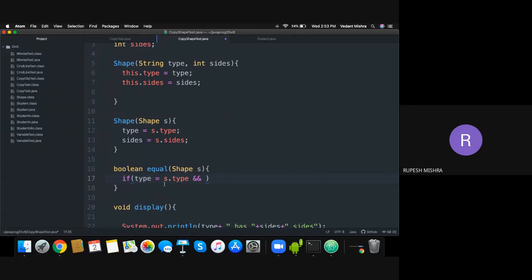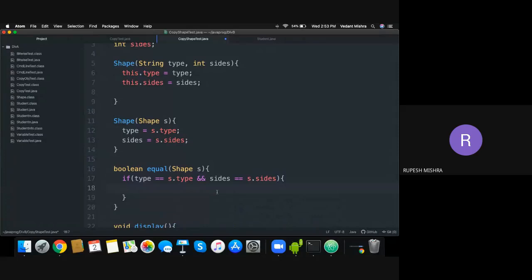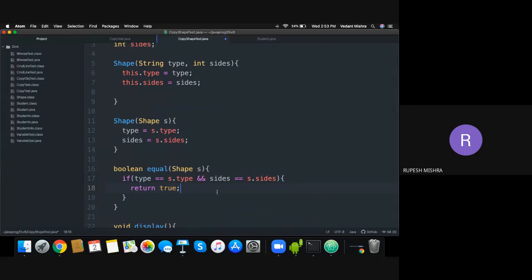We are not assigning, we are equating. And we also check the sides: sides equals s dot side. If both conditions are true, then I will return true. Else,